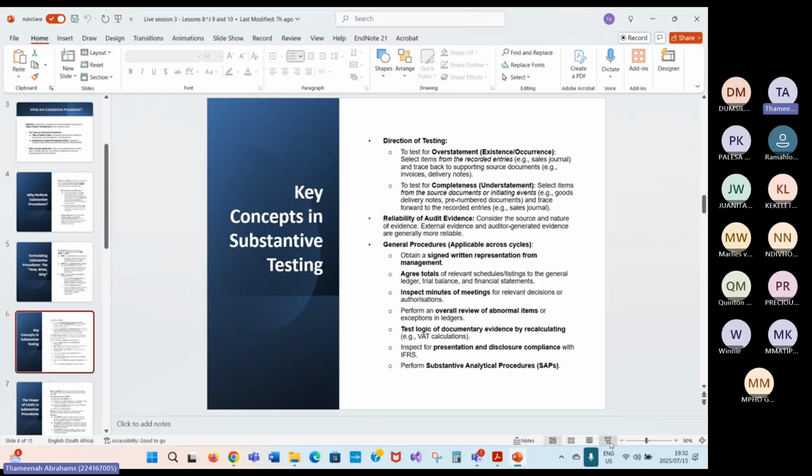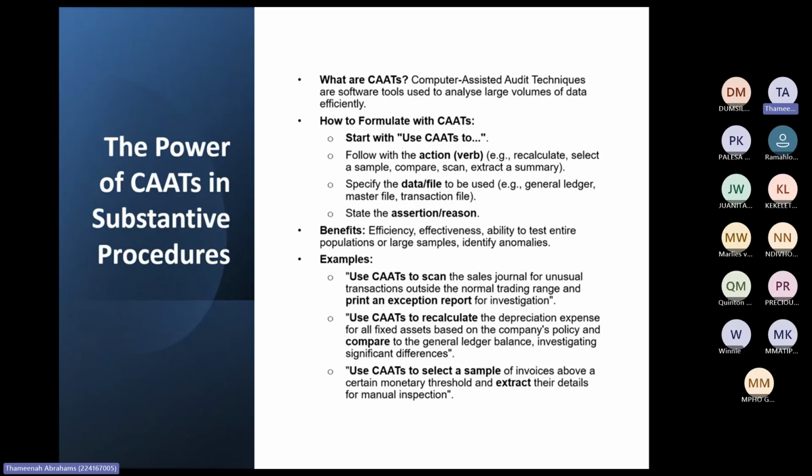Okay. So now where do the CAATs come in? Remember in Sunday session, we had that difference between when they say provide manual and automated tests of controls, and for automated you say attempt to, but you need to be specific in the required. And like we saw in Sunday session, you need to say formulate a substantive procedure using the computer assisted audit techniques, CAATs in brackets. They will tell you to use CAATs. Then you have to formulate using CAATs, and you start with use CAATs to. And even though you say use CAATs to, you will still then use the action verb afterwards.